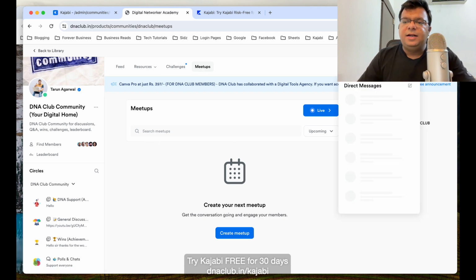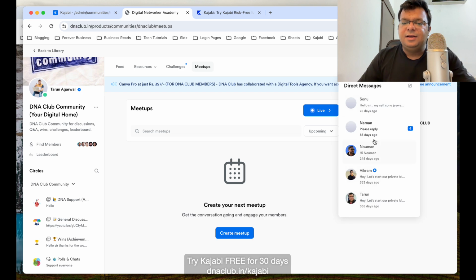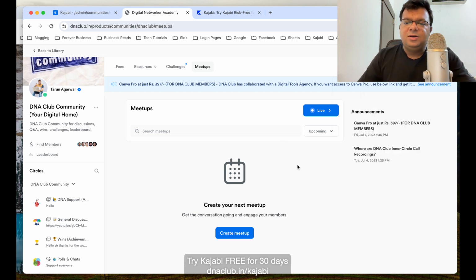Okay, apart from that we also have direct messages, just like in Instagram and Facebook you have Facebook Messenger. Now the good thing about Kajabi communities is that it is a distraction free environment. Kajabi gives this mobile app as well. On Android or iOS you can install the Kajabi community mobile app, and when people open this, they